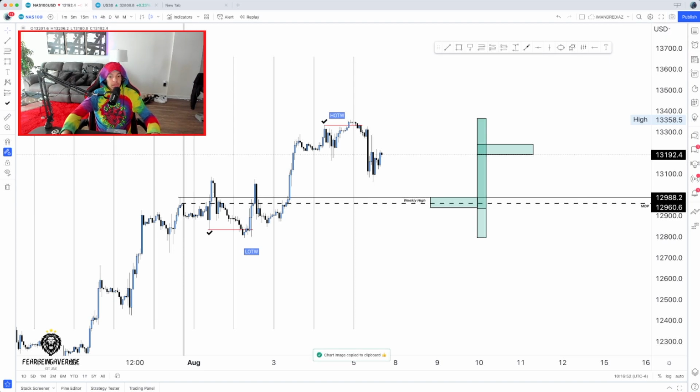But I definitely do think that we are going to be in need of a daily range case. Daily range. Now, what am I saying? We're going to be in need of a pullback. I'm sorry, guys. It's early in the morning. But yeah, that's my expectation as of right now for what happened.